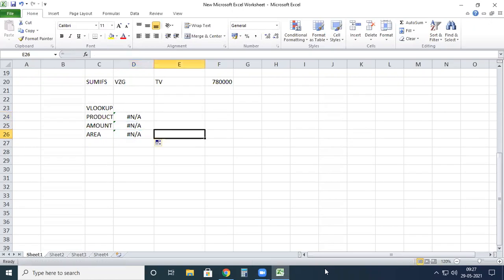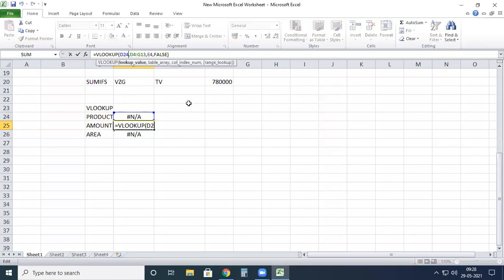We need not write the formula again and again. Here I just want to change it, the formula is the same. Am I right or not? Here the range is D23 and the other is D3 to G12. So you change this to D23, and D3 to G12. I hope all of the members are able to understand this.